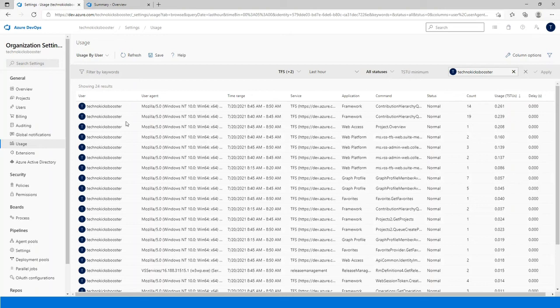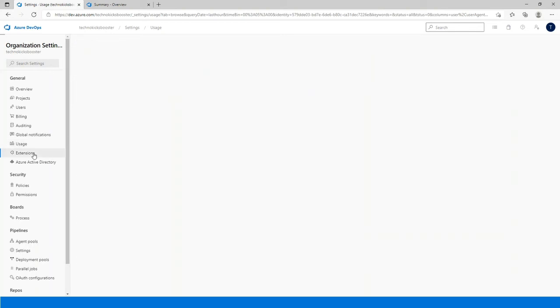That is the usage. Usage is nothing but whatever dedicated service has been assigned to the user, whether he is using that or not, we can see it at a glance here. That's the usage here.